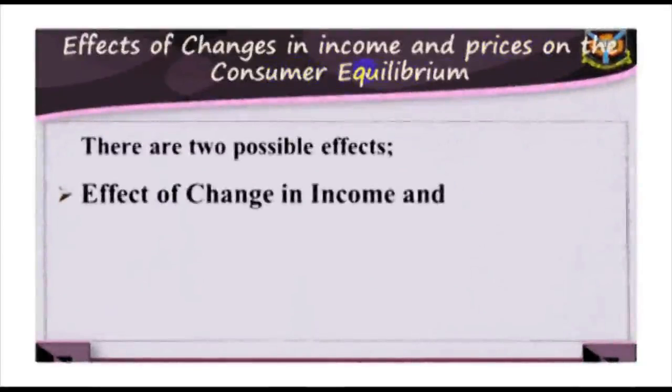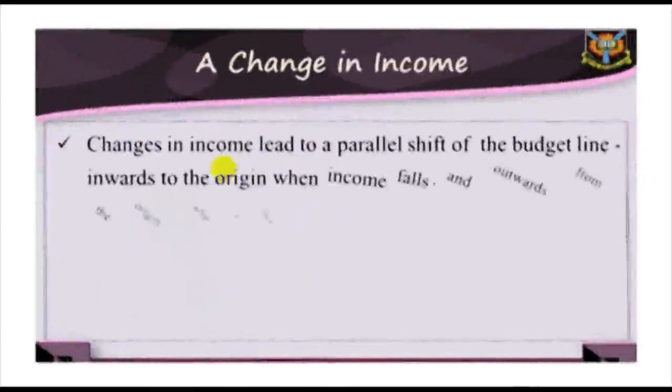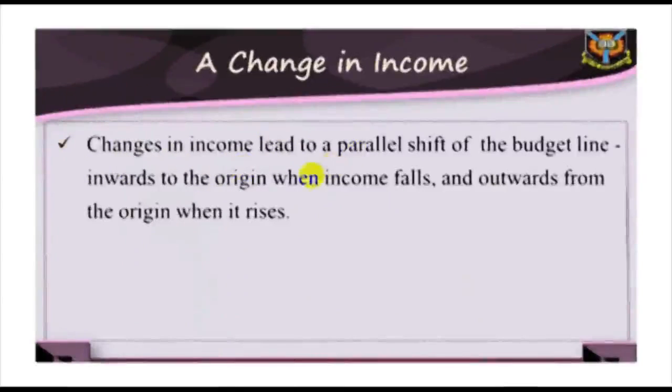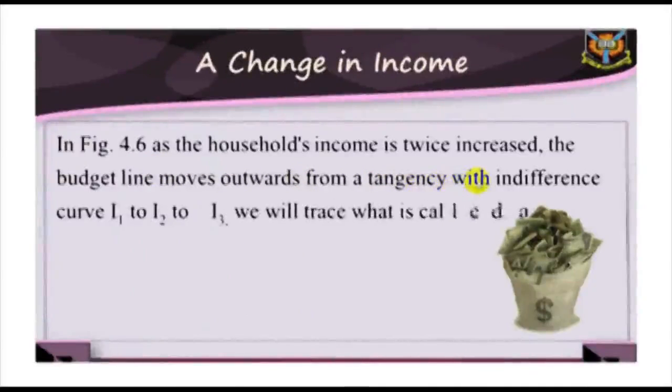Effects of changes in income and prices on equilibrium. A change in income. Changes in income lead to a parallel shift of the budget line inwards towards the origin when income falls, and outward from the origin when it rises. For each level of income, there will be an equilibrium position at which an indifference curve is tangent to the relevant budget line. Each such equilibrium position means that the household is doing as well as it possibly can for that level of income. In figure 4.6, as the household's income is twice increased, the budget line moves outward from a tangency with the indifference curve